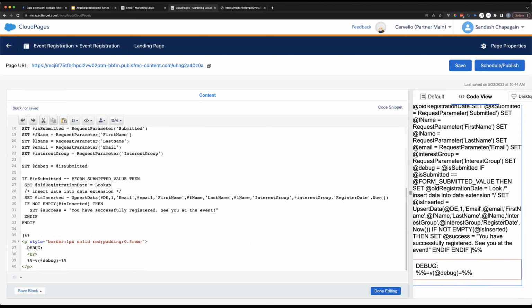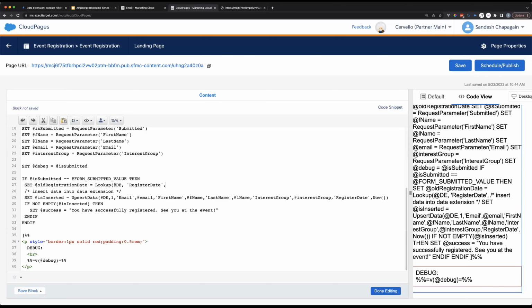Right, so we can do lookup, and then we want to look up the same DE. We want to look up register date. Again, we could have really looked up anything, and then the matching column is going to be email, because that is the primary key.